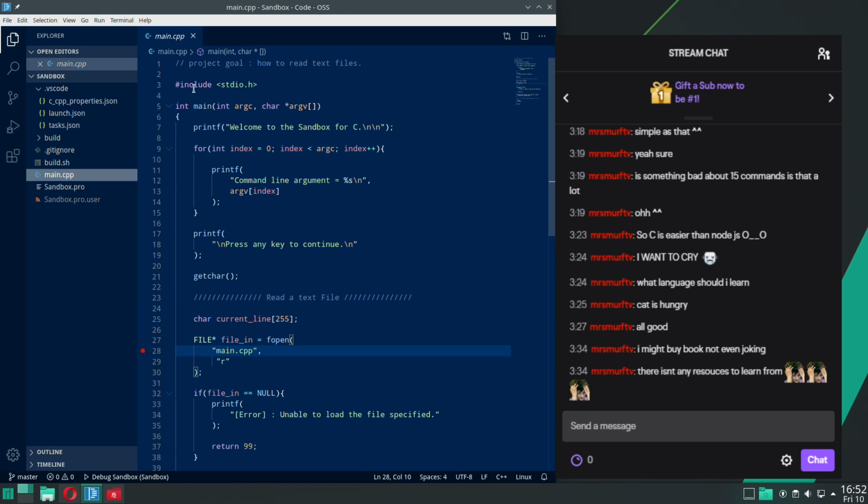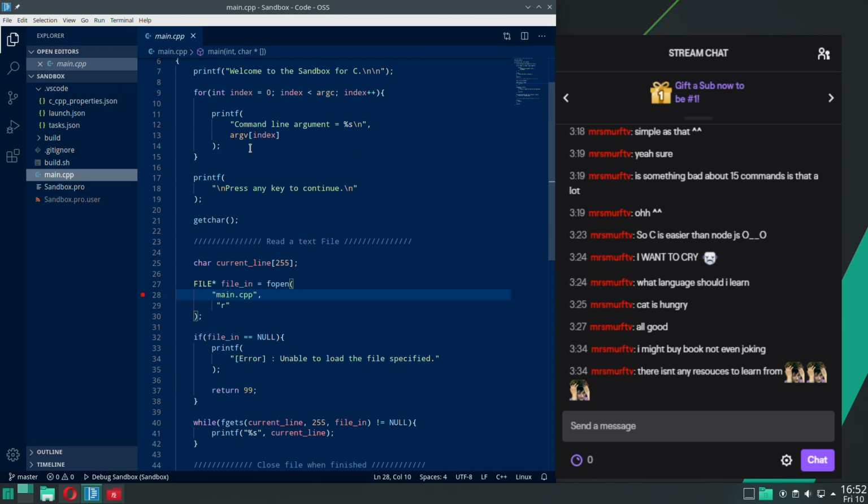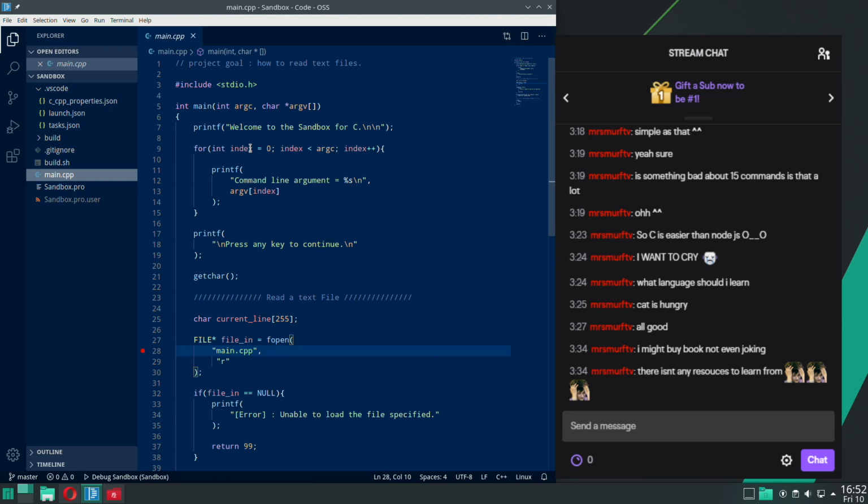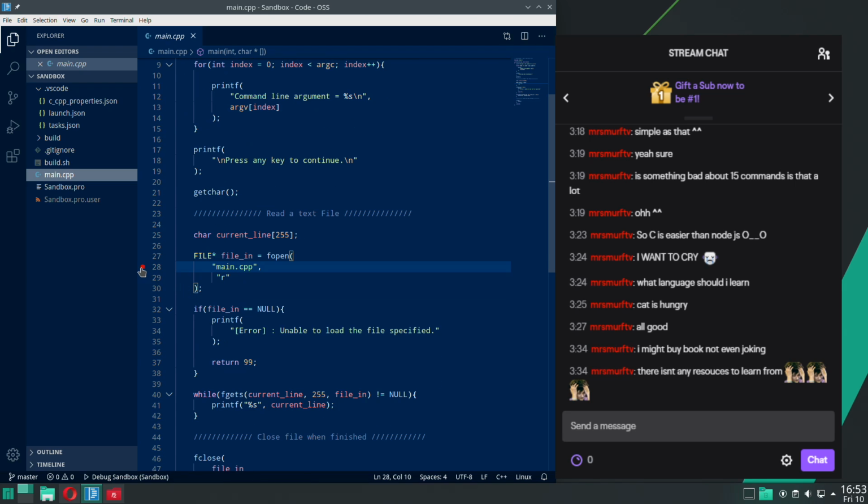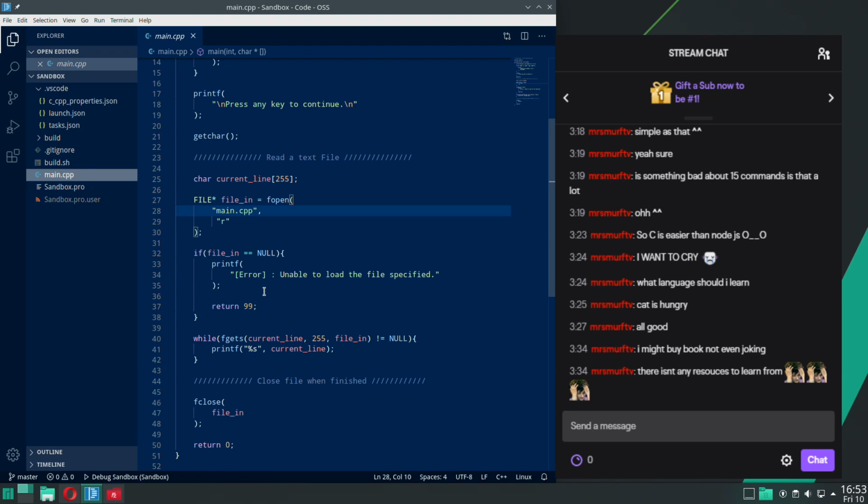And as you've got #include stdio.h, you can make your own header files, and that's the whole point of C. And I'll show you how to build your own language out of C, which is exactly the whole point of it. But that's how you program in C. You start with the very basics. You program at a very, very low level, which is directly with... I'll get rid of that breakpoint for now. Directly with